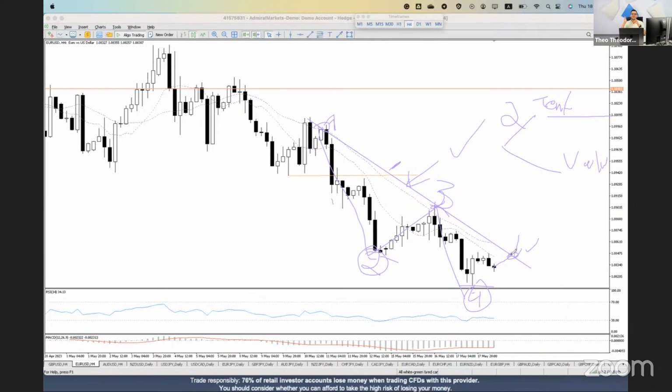Other times, guys, why do we put moving averages on the charts? Because there are some points where the market is moving based on that dynamic support and resistance, that dynamic wavy movement that the moving averages provide. So it's a tool we use to find out how the market behaves at that point.